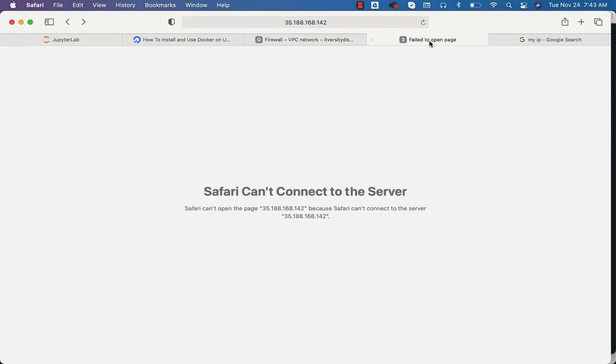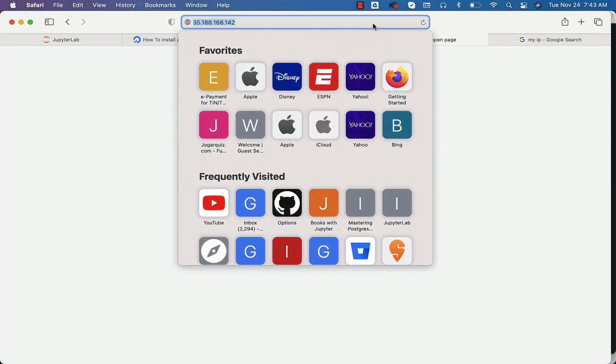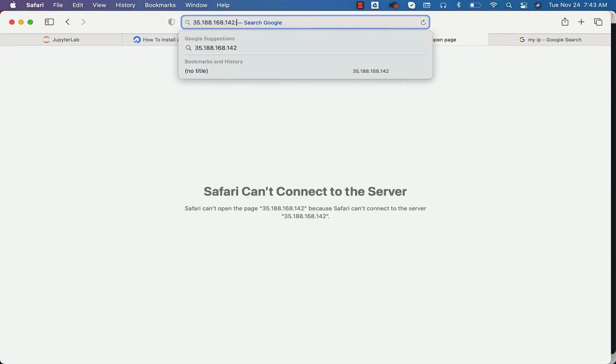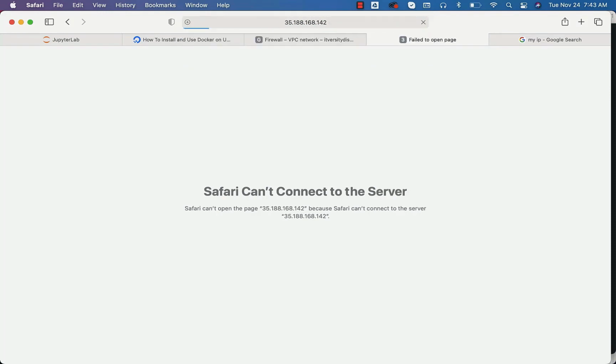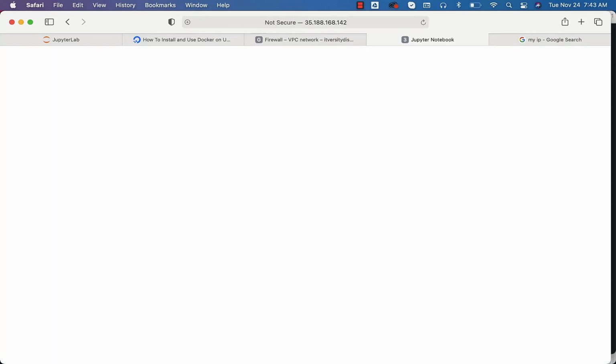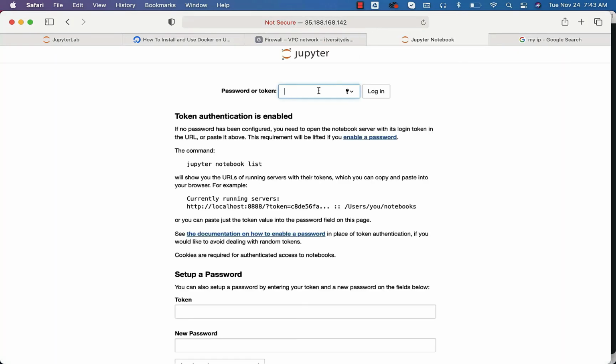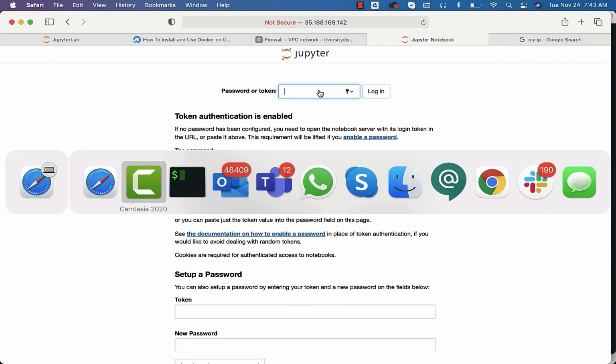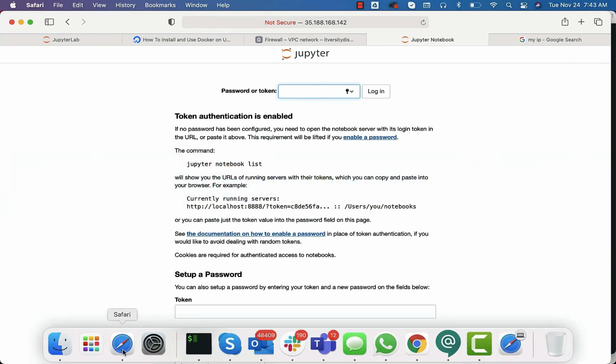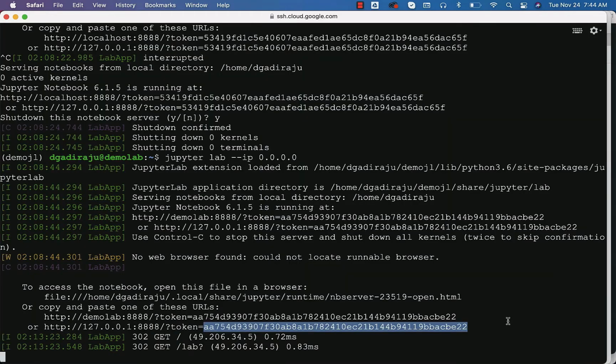Now let's try whether I will be able to connect to this application using the IP address:port number. You also have to specify the port number, otherwise you will not be able to access it. It seems to be working. Now you should be able to see the Jupyter based environment. As this is authenticated by default, you can get the authentication information by going to the web console. This is the key. You can copy paste this key.